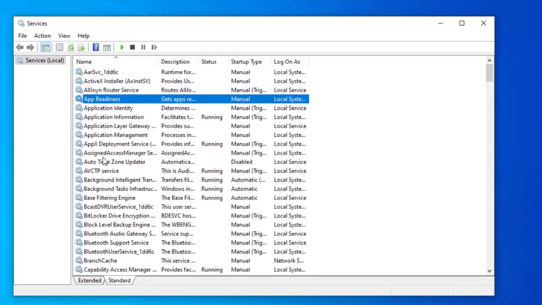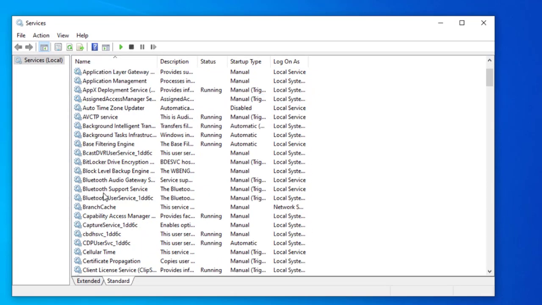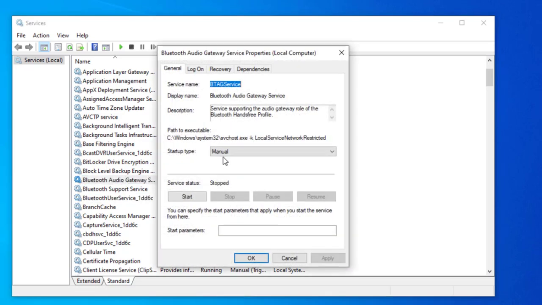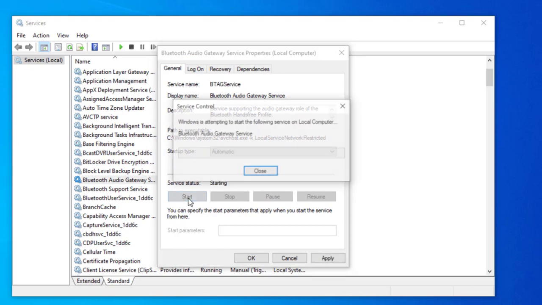Here you need to find out Bluetooth support service, Bluetooth audio gateway service, and Bluetooth user service. These three of them you need to double click on it. You need to click automatic and start